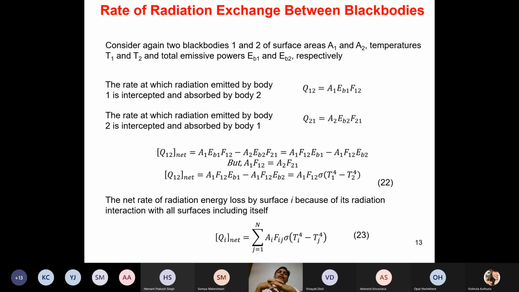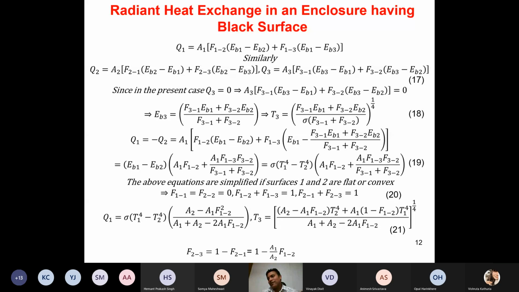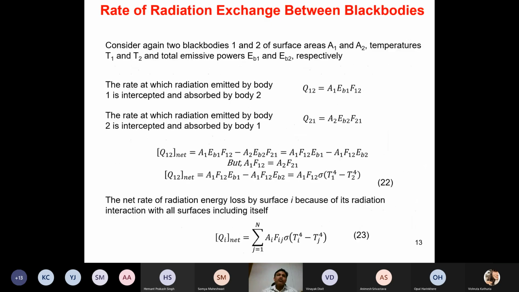Now let's look at the rate of radiation exchange between black bodies. In the last case we looked at an enclosure. Now we are not looking at an enclosure. We are just looking at the rate of radiation exchange between black bodies. So consider again two black bodies 1 and 2 of surfaces A1 and A2 with temperatures T1 and T2 and total emissive powers EB1 and EB2 respectively. So the rate at which the radiation emitted by body 1 is intercepted and absorbed by body 2 is